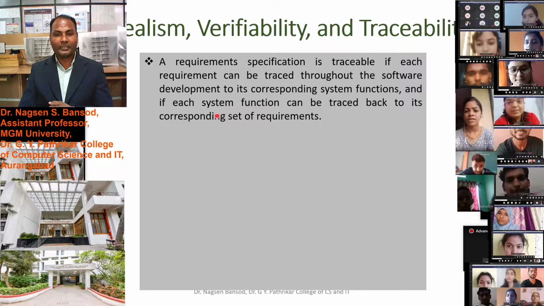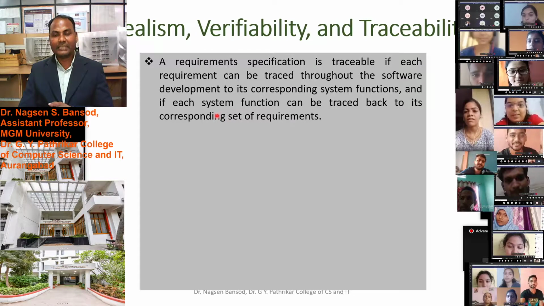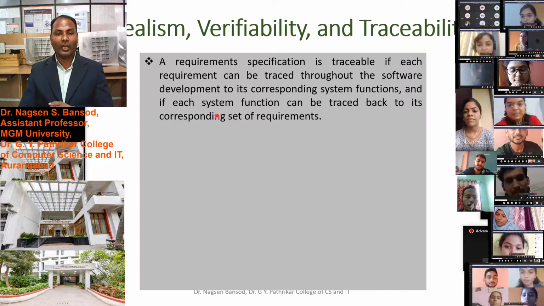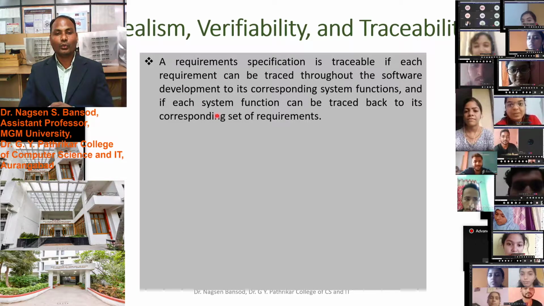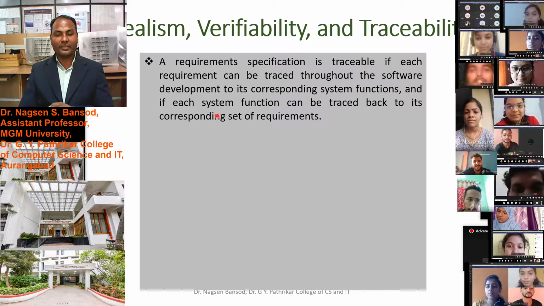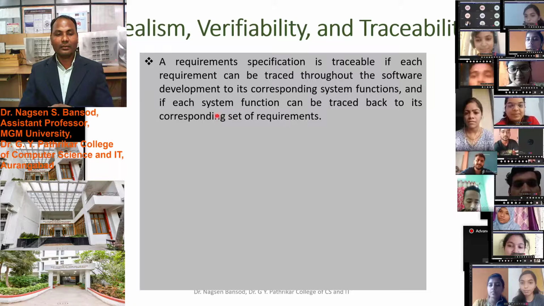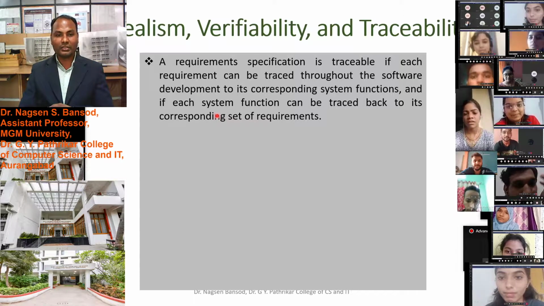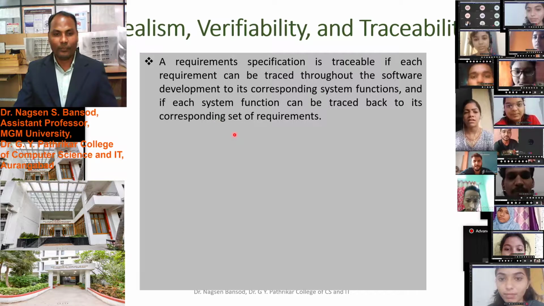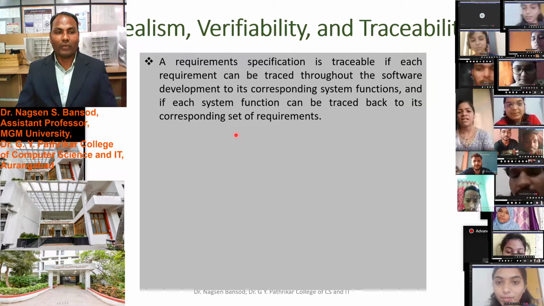A requirement specification is traceable if each requirement can be traced throughout the software development to its corresponding system function, and if each system function can be traced back to its corresponding set of requirements.